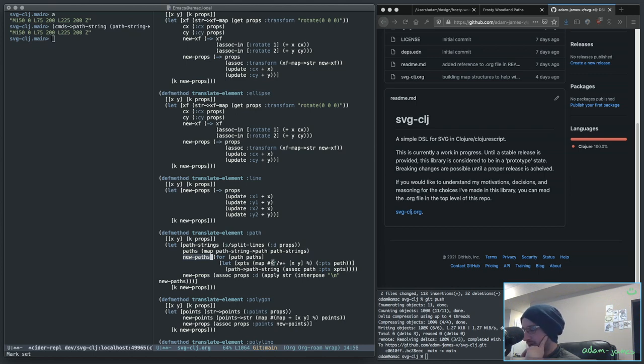this part here. Basically what I have is I split the path in the old method into a list of points, and then for each point I just do a vector add of the translate that you want to do, and then I rebuild the string and pass it in as a new prop. I want the same mechanism to happen,